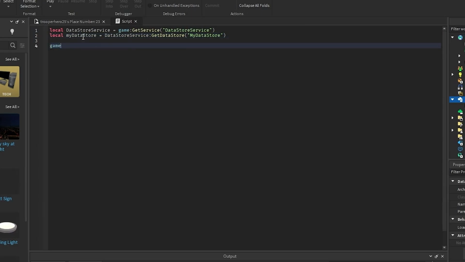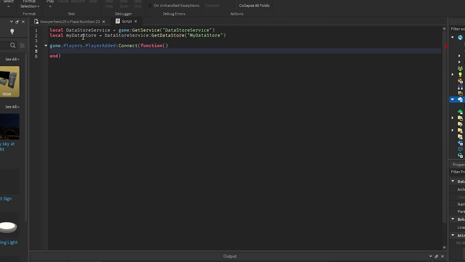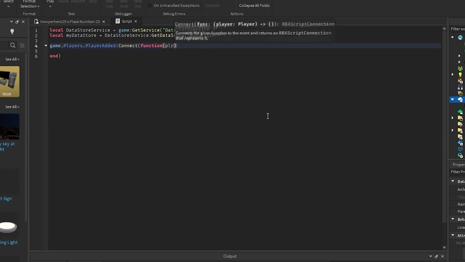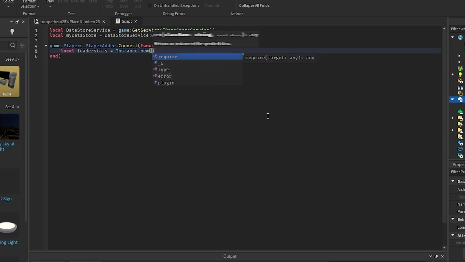Now put in game.Players.PlayerAdded:Connect function. Inside of here we gotta put plr. Local leaderstats equals Instance.new folder,